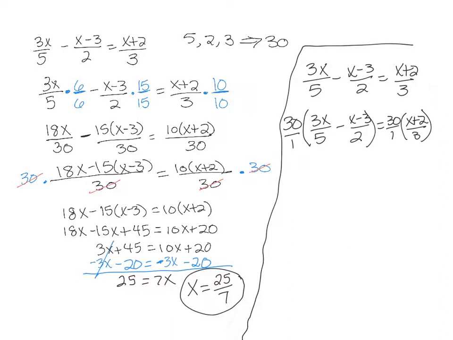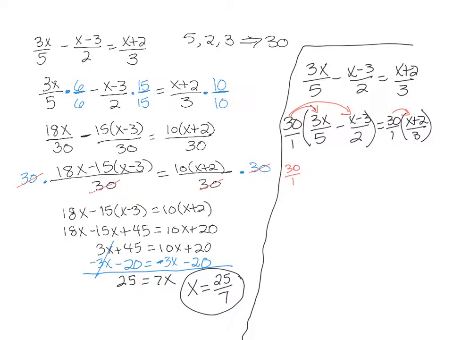And now that gets distributed to both pieces. Every piece gets multiplied by the 30. So what I end up with, and I'm going to write this step out so you can see it,